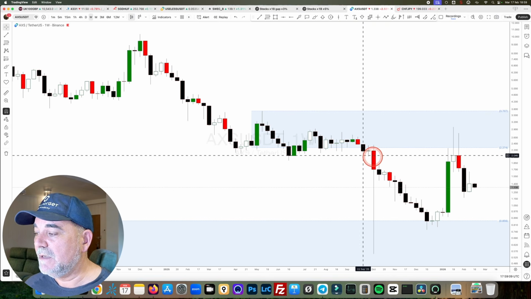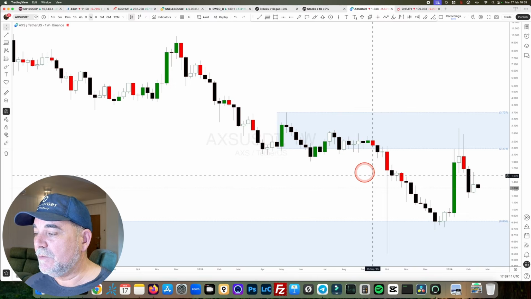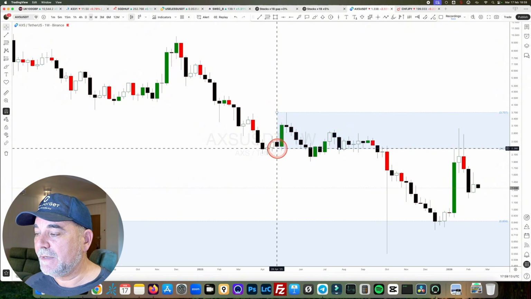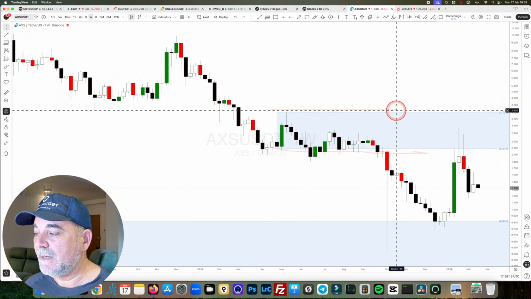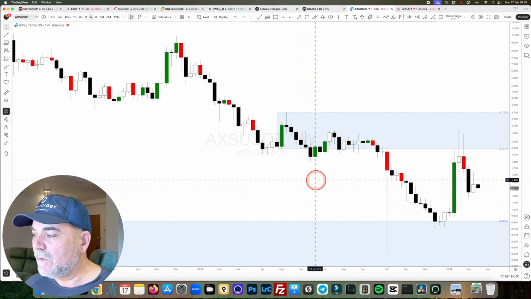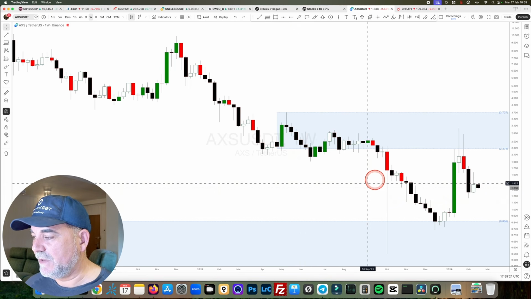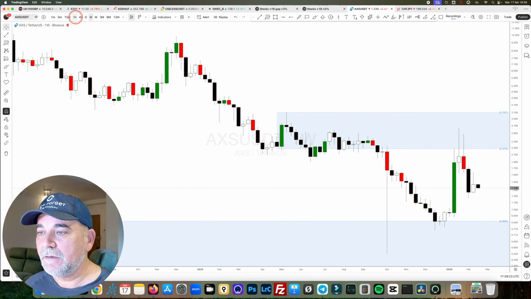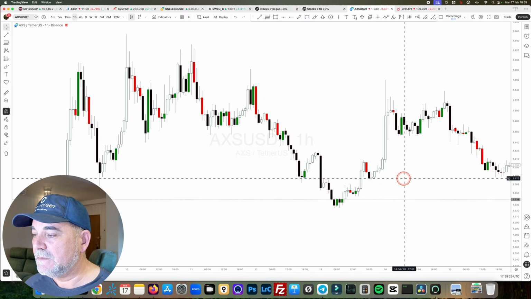When you take a look at the smaller time frames, on the weekly, you will see that this is the weekly time frame. This is the monthly supply level on Axie cryptocurrency. So why are you missing these crypto trades? Well, because you are probably looking at the 1 hour time frame.